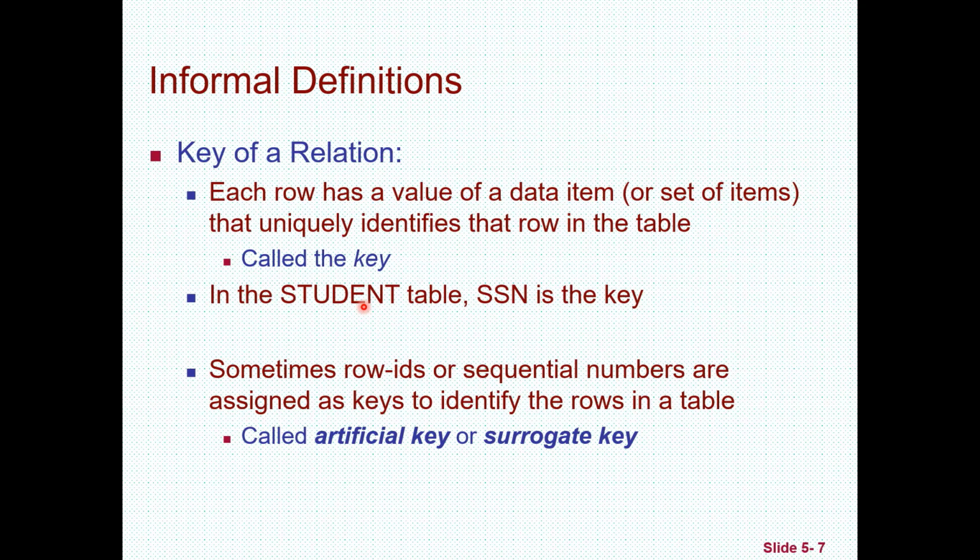Sometimes row IDs or sequential numbers are assigned as a key to identify the rows in a table ማለት ነው። አንዳንድ ጊዜ row ID የምንለው በተለምዶ የተራ ቁጥር ብለን የምንሰጠው ከአንድ ጀምረን 1 2 3 እያልን የምንቀጥለው ይሄንን እንደ ኪ ልንጠቀመው እንችላለን ማለት። እንደዚህ አይነት ኪ የምንጠቀም ከሆነ ይሄ ምን ይባላል? አርቲፊሻል ኪ ወይም ደግሞ ሳሮጌት ኪ ብለን ልንጠራው እንችላለን ማለት ነው።